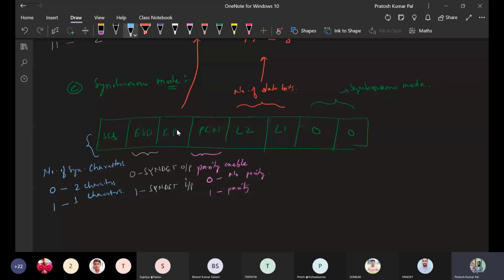Okay, so this is how the mode register of the 8251 is controlled, and it is controlled by the 8085 or any microprocessor. Whatever mode of operation needs to be performed by the 8251, or in what particular mode it is operating under synchronization, we will be putting the 8 bits of data into its mode register. Whatever data we put, the 8251 is going to operate with respect to that.